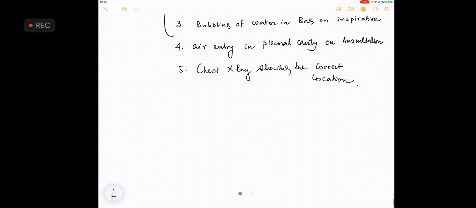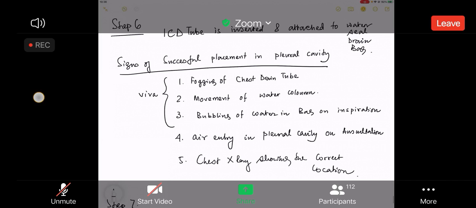Good. The step 7 is. Can you please explain the fourth point? Fourth